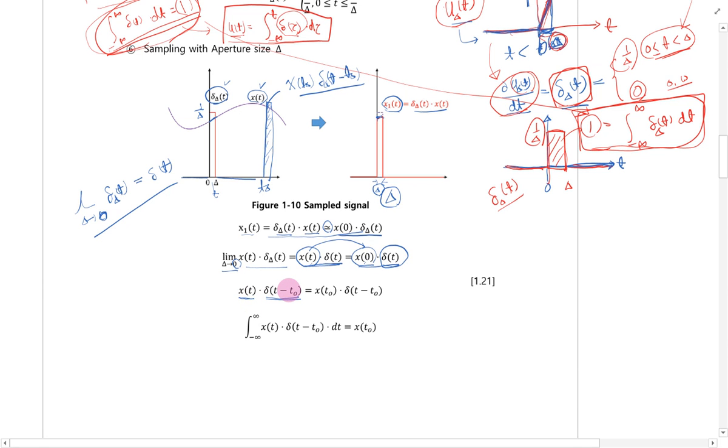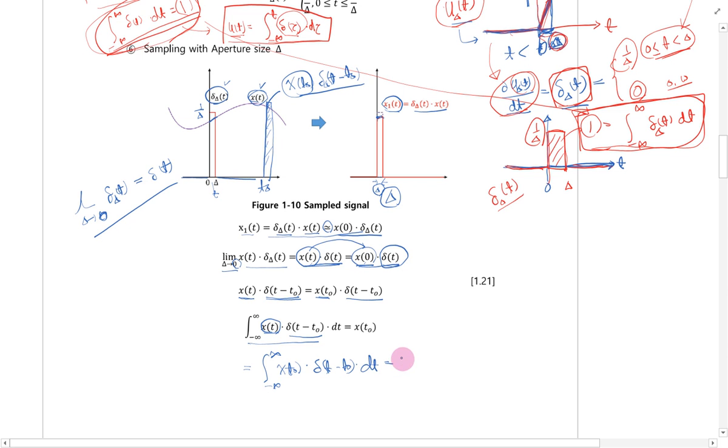Then we can replace x(t) with x(t0). Then, looking at the integral, x(t) is multiplied by the delta function, so the equation can be rewritten from minus infinity to infinity of x(t0) times delta(t minus t0) dt